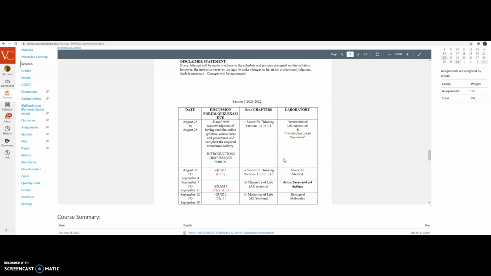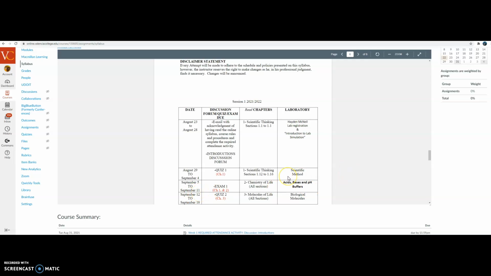Now, here's the thing with the labs. I know some of them are time consuming, so I will leave them open all the way until December 4th, I think. These are the suggested due dates for the labs. And trust me, if I was you, I would actually follow these dates. But I know that they're time consuming. Some of them are quick. Some of them will take you a little bit more time. And I want you to be successful. So rather than closing them on due dates, I'm going to leave them